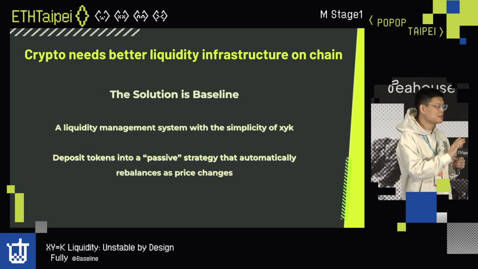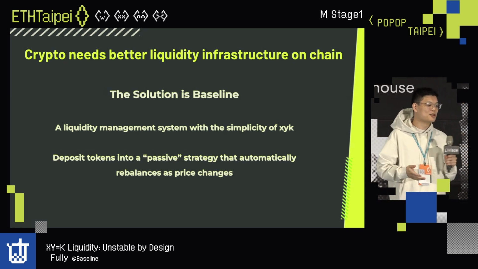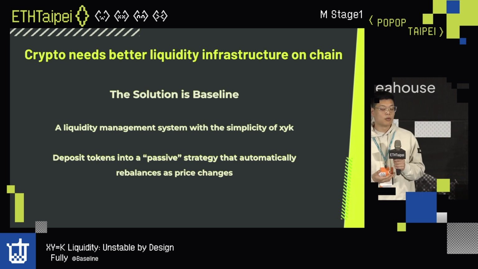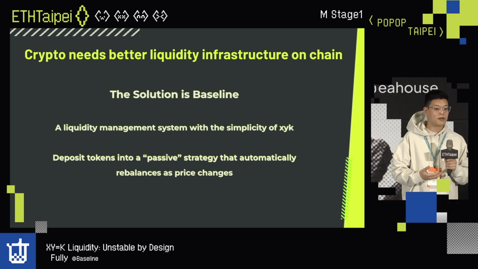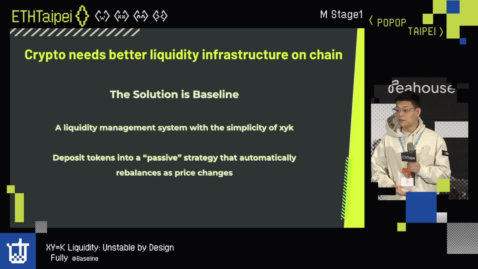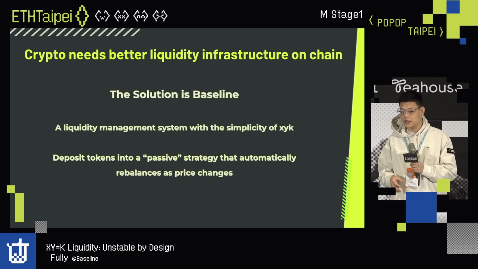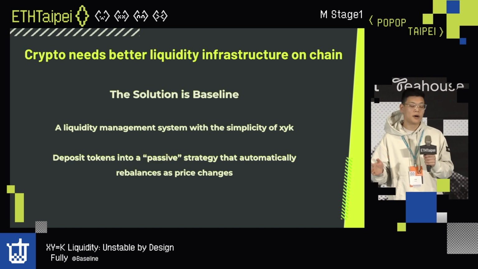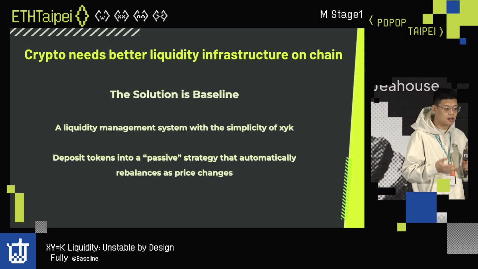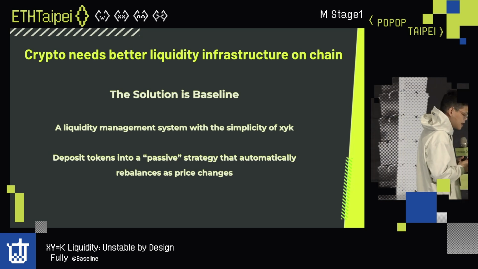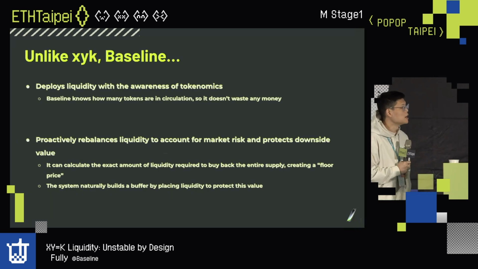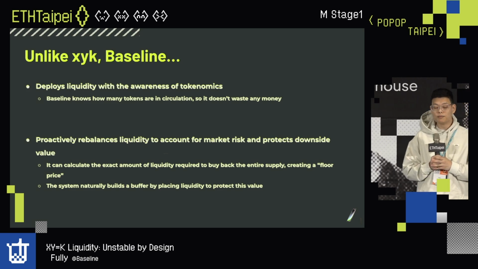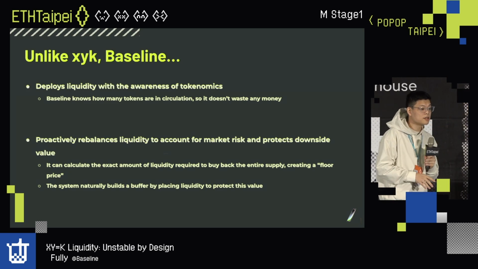So it's kind of tongue-in-cheek, but the solution is potentially a project that I'm working on called Baseline. What we're trying to do is have a liquidity management system that's as simple as XYK. So you just deposit tokens in, and it auto rebalances for you. It's a passive strategy. You never have to worry about your pricing, but it has a little bit more intelligence as to how it's calculating the liquidity, right? So one of the things that we're going to try to do in Baseline is deploy liquidity with more awareness about the